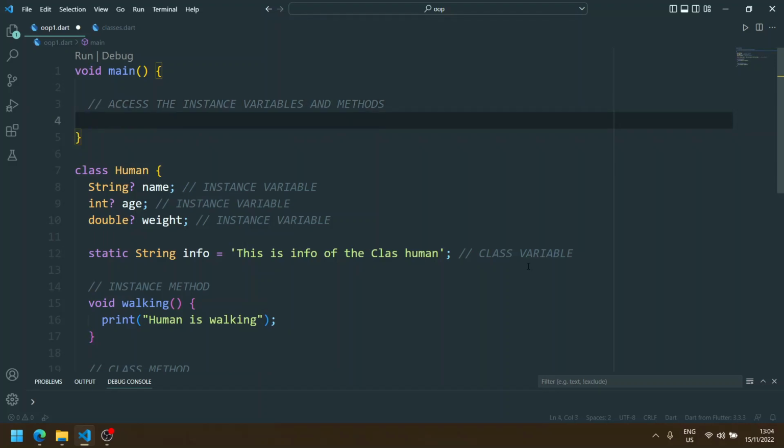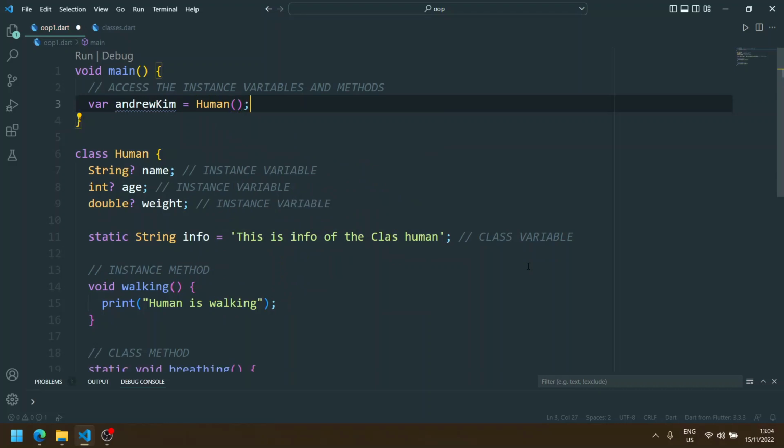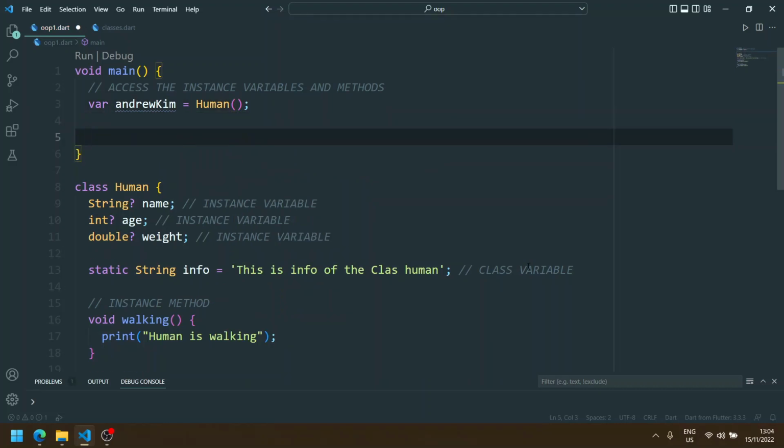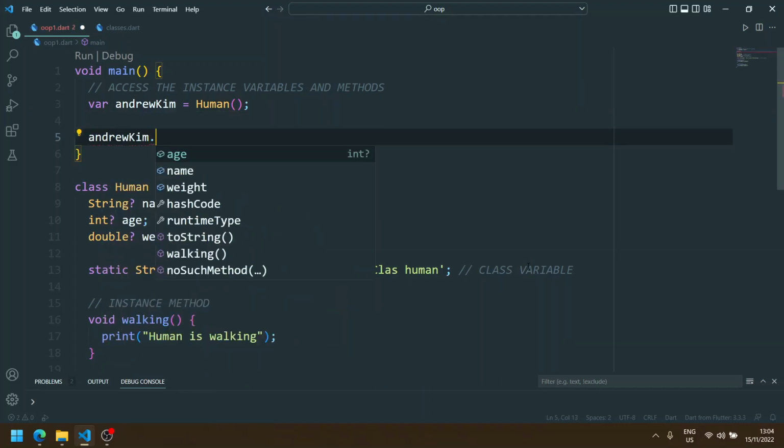For us to access instance variables, we have to create an instance of the class. So I'll create one quickly. I'll name that object Andrew Kim, and then it will be equal to human. And then now if I type Andrew Kim, now I have access to 1, 2, 3, which are the instance